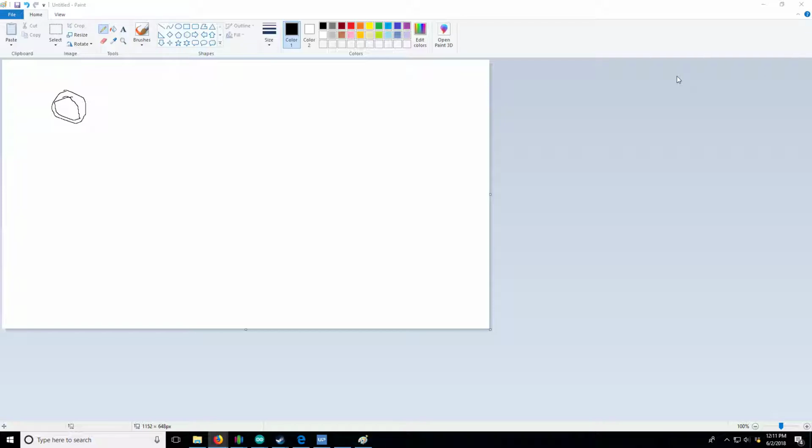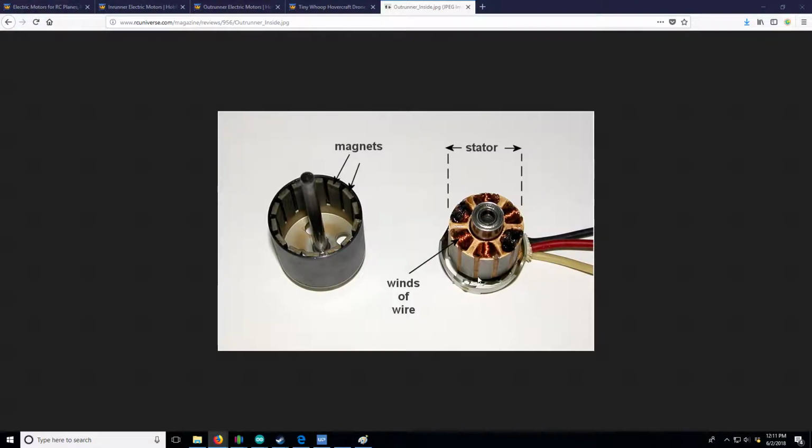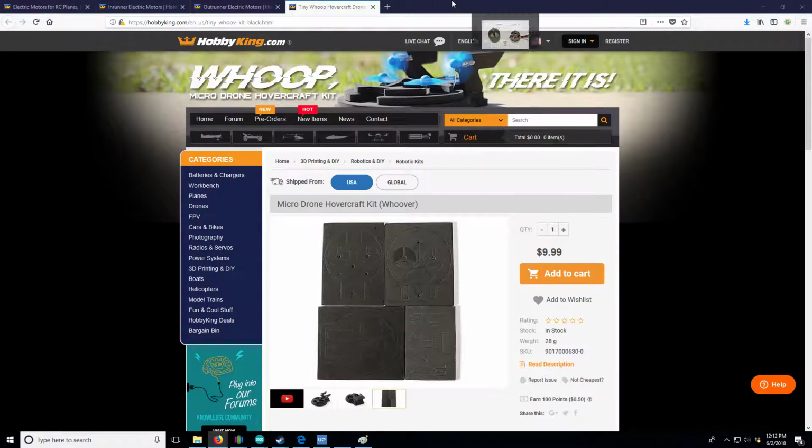Let me see if I can show you here. Okay, this is an Outrunner. So an Outrunner is generally what you're familiar with, where the stator is on the inside, and the outside, what's known as the bell, rotates. So the outside rotates, the inside stays stationary. And the inside is the one with the electromagnets, which are basically the windings of wire. So this stays stationary, while the bell rotates on the outside, and the bell is lined with the permanent magnets. Now, on an Inrunner,